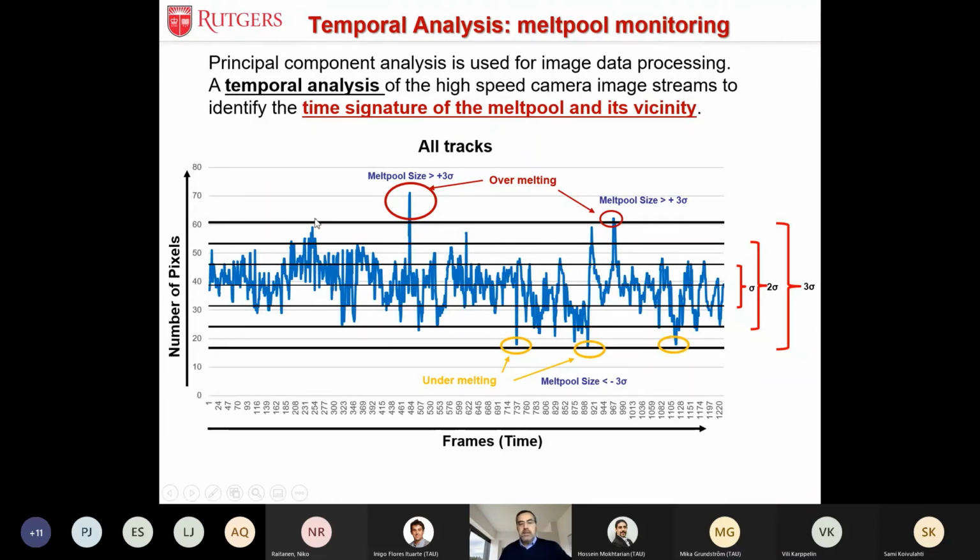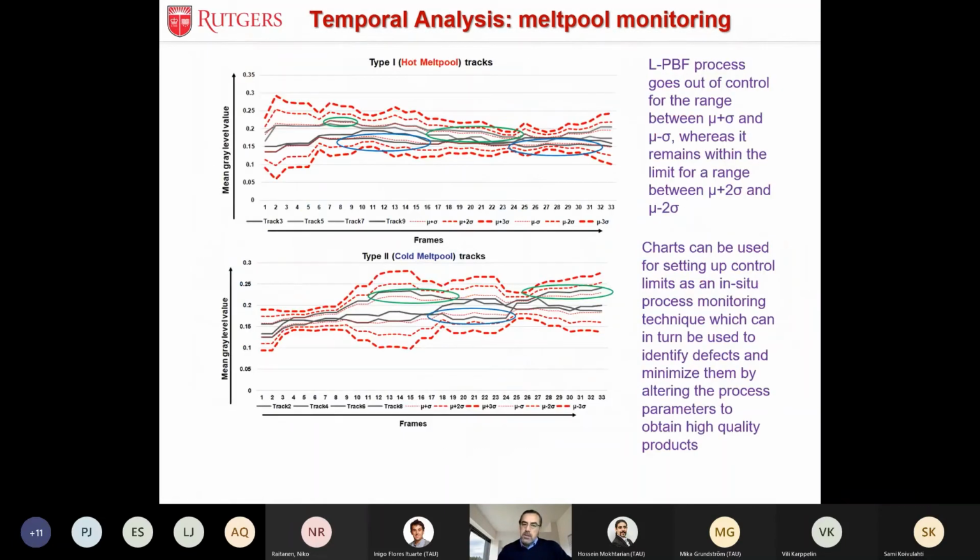This is a time series analysis, a temporal analysis, and now we're looking at the time signature of the Meltpool and its vicinity. We don't look at the location because the location is going to correlate to where the defects are expected. And we also published that there exists a hot Meltpool type 1 and type 2 cold Meltpool tracks. The hot Meltpool tracks, typically the Meltpool size is larger and begins to get smaller towards the end of the